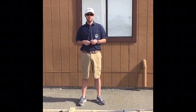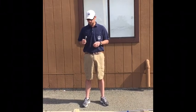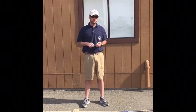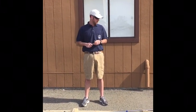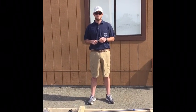This is Fenson's Marine. Today we're going to build a Kitty Hawk trailer. The tools you'll need for this are a 9/16 socket, probably 2 of them, a couple channel locks, screwdriver, basic